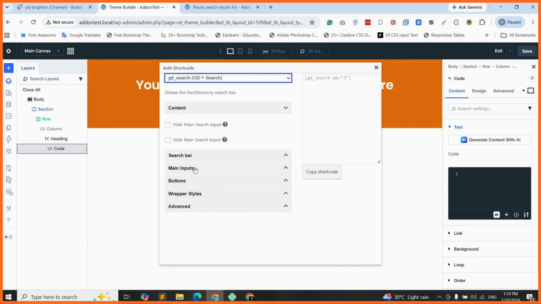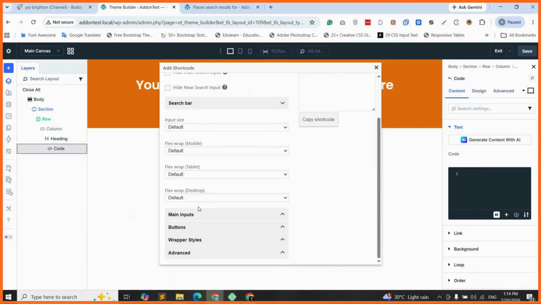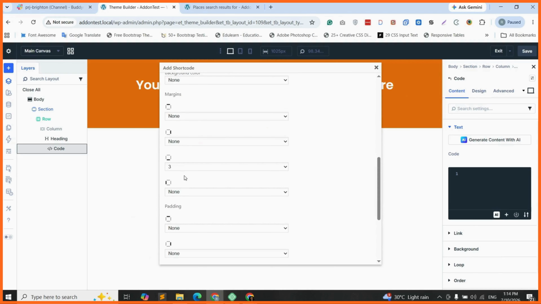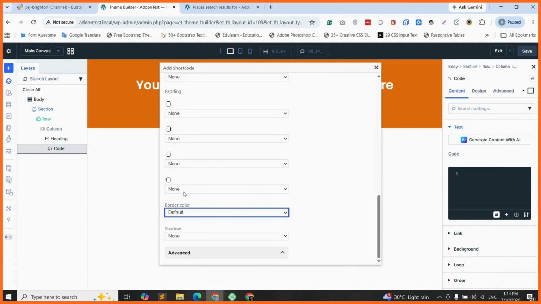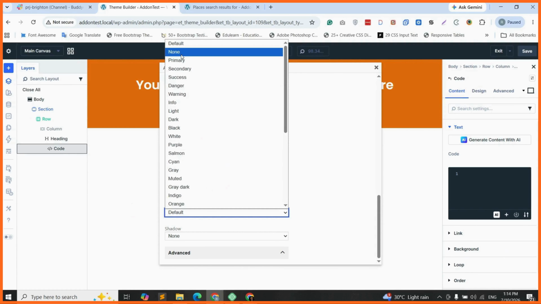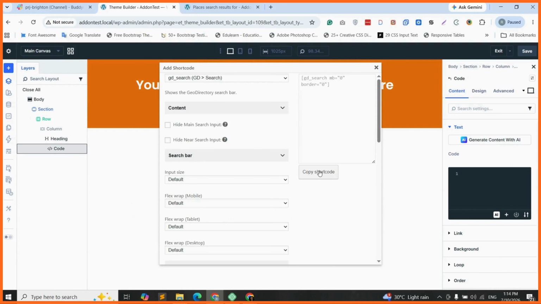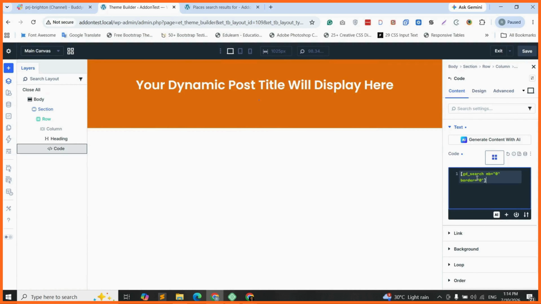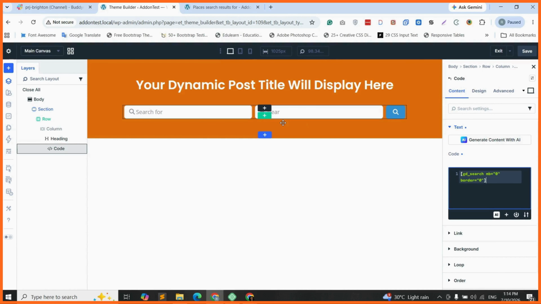So from here, keeping all these as default, we come to the wrapper style. We will set the margin bottom to 0. We will set the border color to none. We will copy the rest of it. We will put it inside the code box, right? Then this search bar will show up here. Look, guys, right? And then coming to the main section,